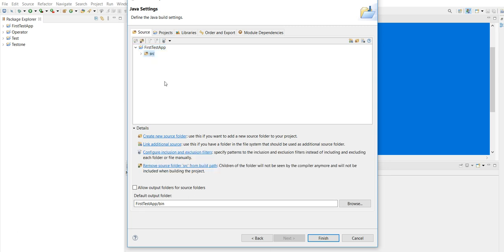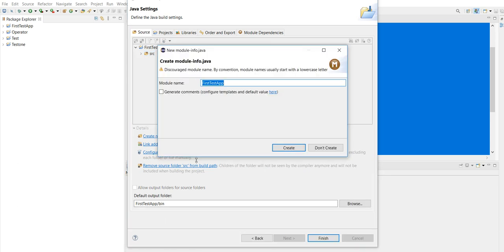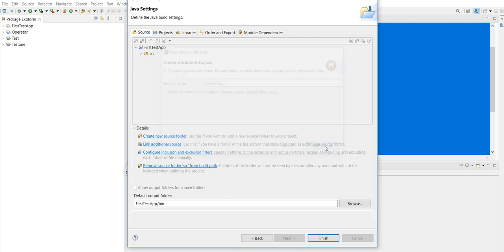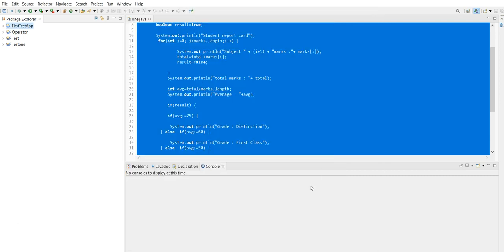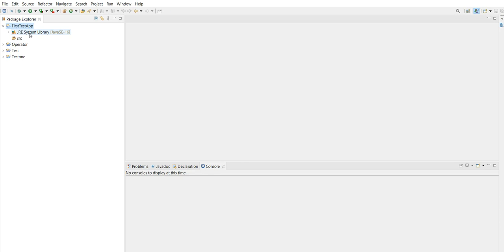Click on src source folder, then click on Finish. Generate comments, no need, don't create. See here, it's created with the JRE environment and src.